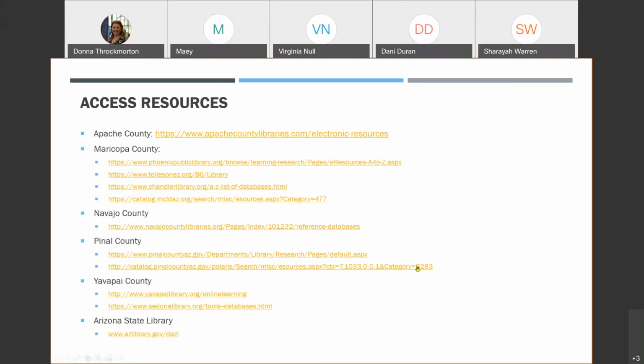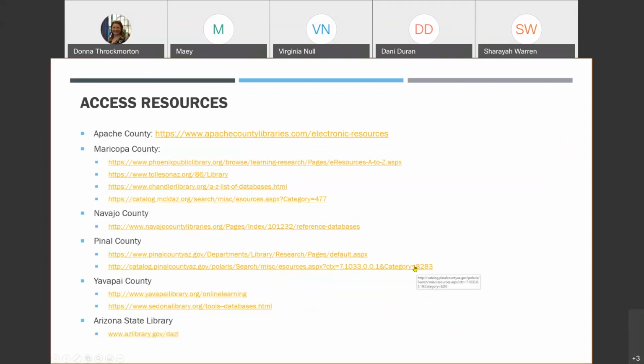I've just listed a couple of places that students and patrons can go, not only your local library, but your county libraries also have access to these resources, and the links are provided, and we will be providing this PowerPoint to you. And what I encourage you to do, I always encourage supporting the local library because often they'll have more resources than the state library does.